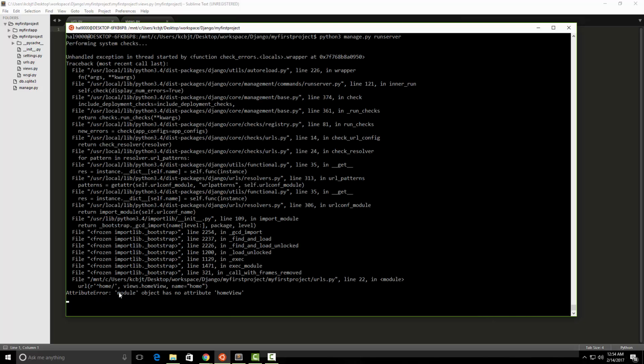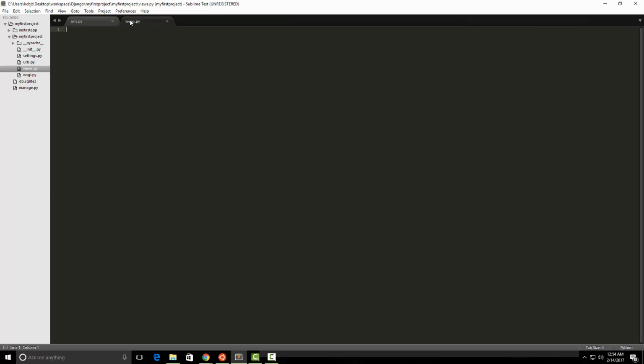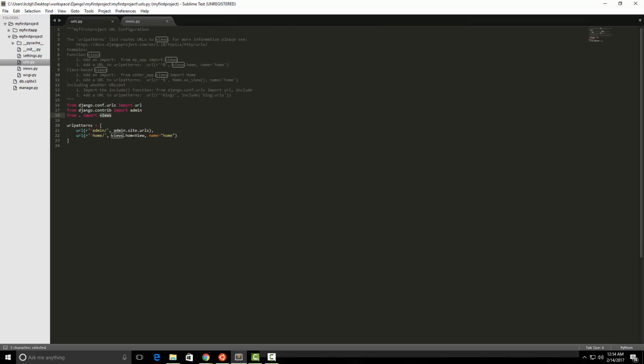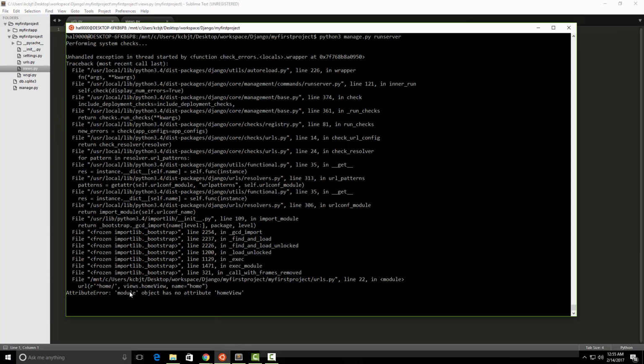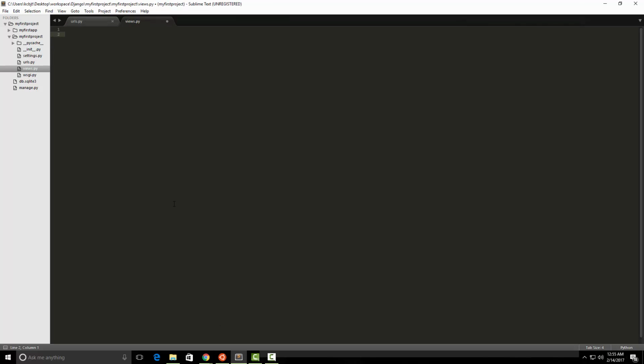So attribute error: module has no attribute home_view. So it's saying, okay, we imported the views.py, but you told me to go into views and get home_view. Well, it went into views and it's saying, whoa, hold up, this module has nothing called home_view. So let's make that. So I'm just going to say def home_view